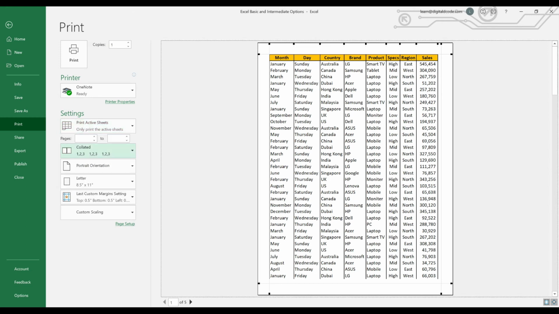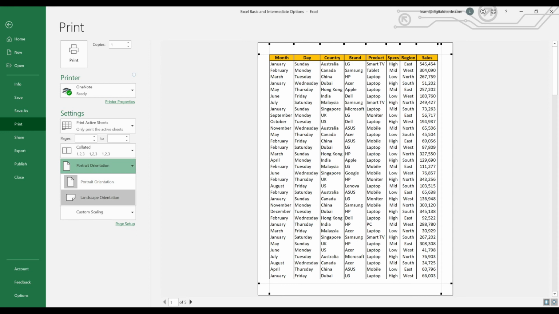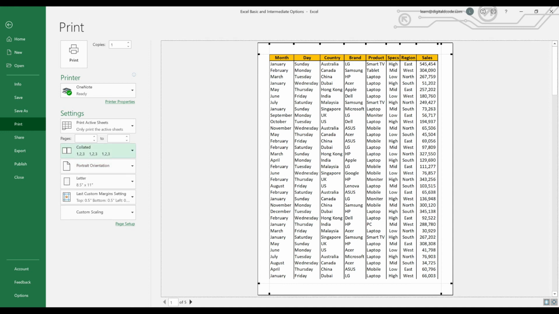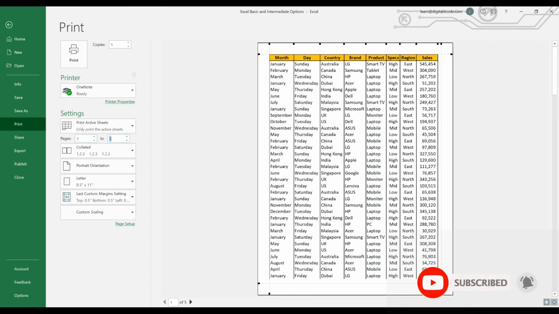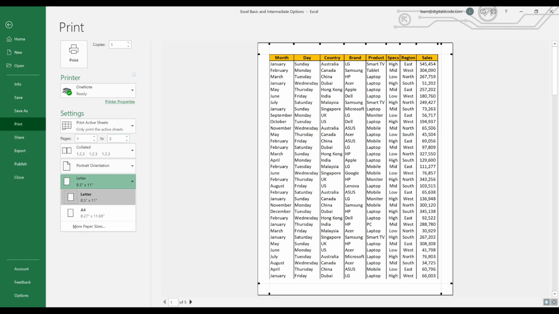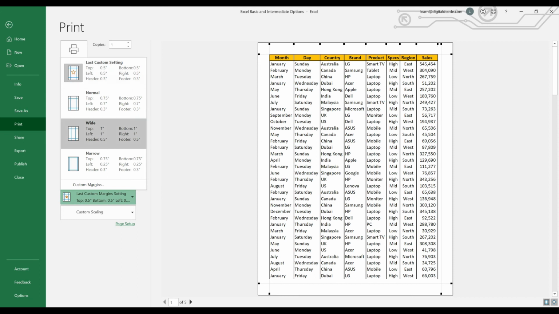And also we have portrait and landscape modes. Here also you can choose portrait and landscape. And if you want to choose the number of pages, in case I want to take print from the first page to the third page, and I don't want any other pages, this is also possible. If you want to set up the paper, whether you are going to take print in letter or A4, that also you can choose here. And this one has more to do with the margin. It's always good to adjust the margin manually instead of choosing this, so that's a better way.